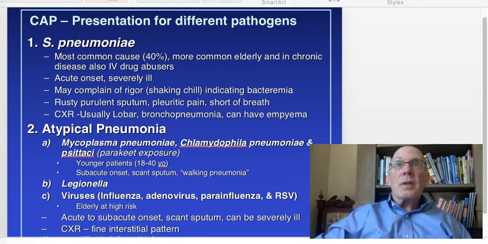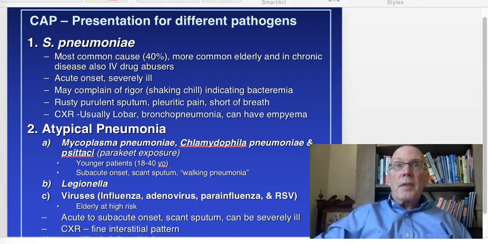Unique clinical characteristics include that patients may complain of a rigor, a shaking chill, indicating bacteremia. They may produce rusty, purulent sputum reflecting red blood cells and neutrophils in the alveoli, and may experience pleuritic chest pain when the infection reaches the periphery of the lung, and can experience shortness of breath, a worrisome sign. Chest X-ray usually shows a lobar pattern and less commonly bronchopneumonia. Patients with peripheral infiltrates can develop an empyema, a collection of purulent fluid in the pleural space that usually requires